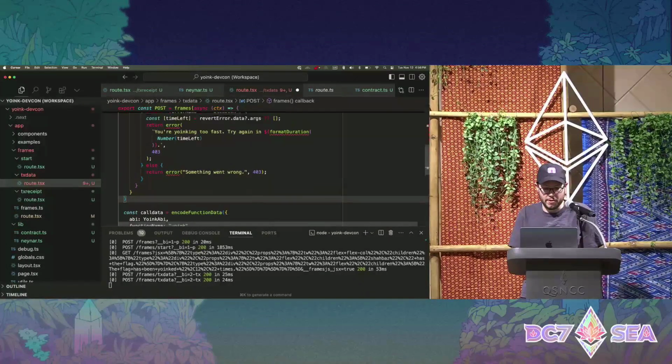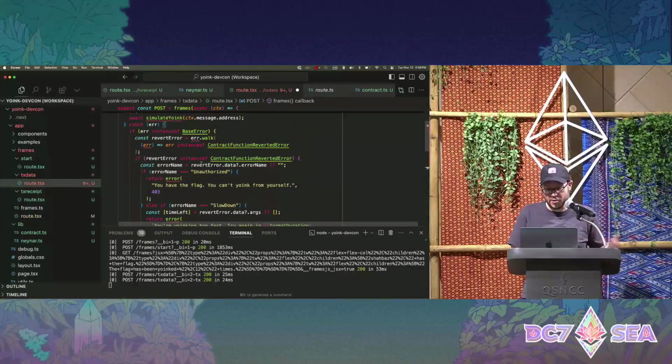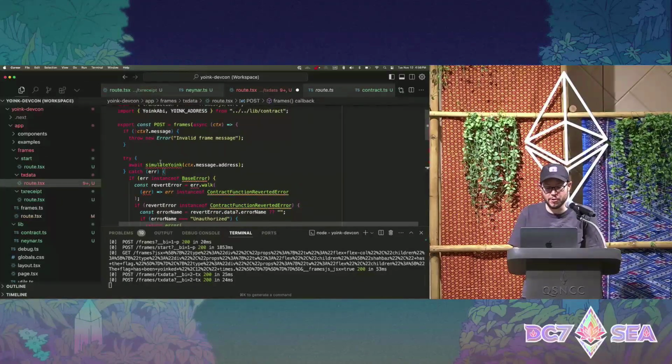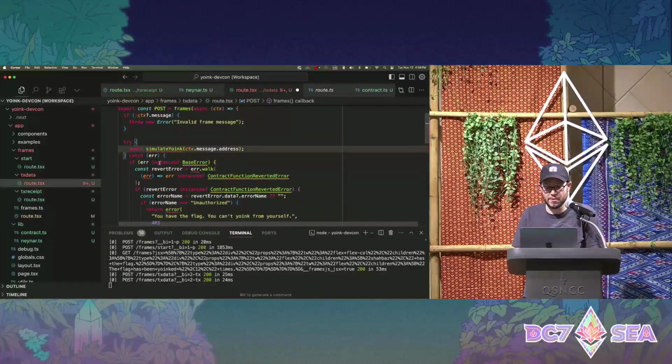All right, and then here in our transaction call data generation handler, we will simulate the call.